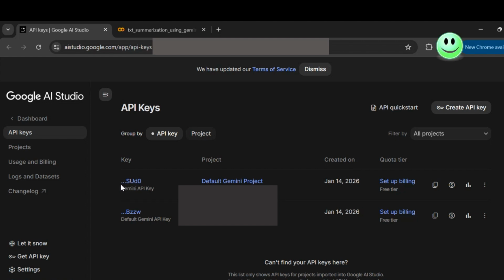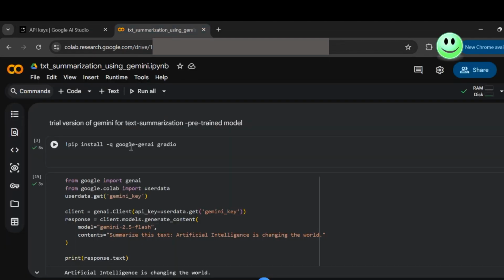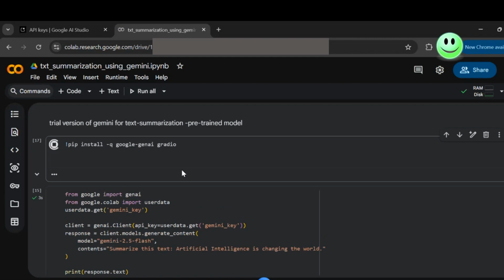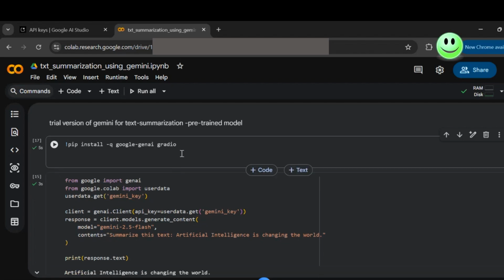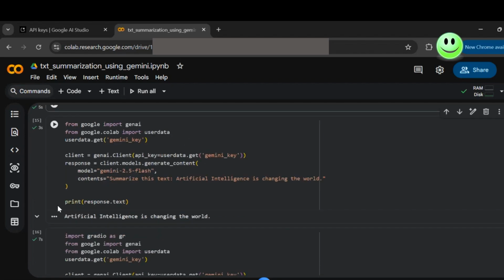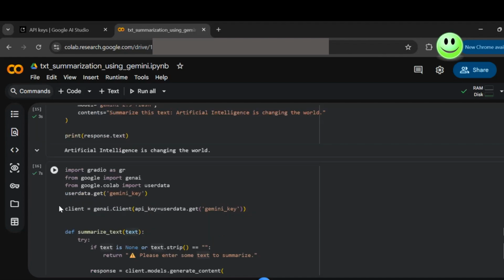We have to keep it as a secret. Then install Google GenAI and Gradio and then run it. Once it has run successfully, we will